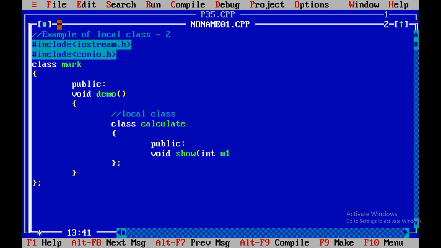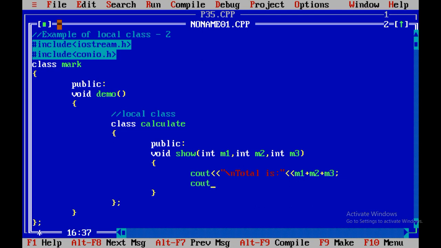Three variables I am going to define to calculate the marks of three subjects: integer m1, m2, m3. cout \n total is m1 plus m2 plus m3, and cout, if I want to calculate percentage, percentage is m1 plus m2 plus m3 divided by 3. I need to use brackets over here.